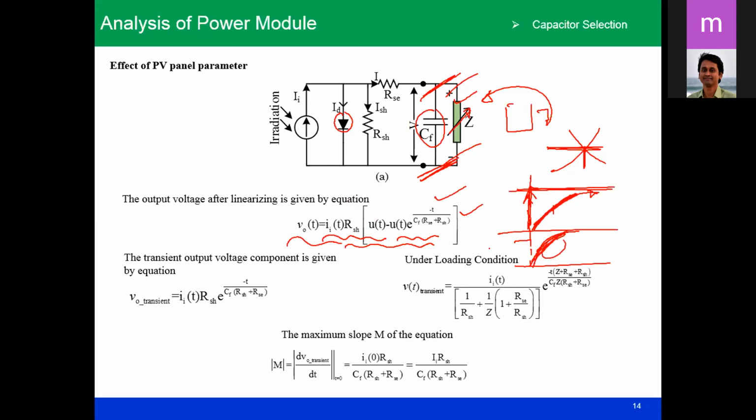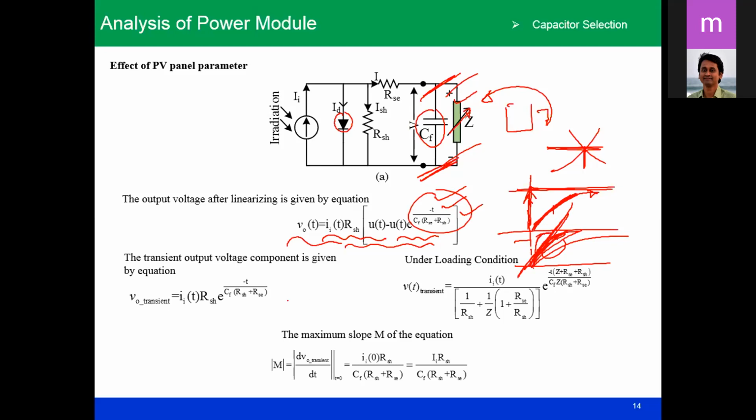So if you consider this transient thing here, then you can understand how far the slope is dependent. If you consider this slope and if you increase the slope, then what will happen? The decaying slope may be here, or maybe you can make it faster. That depends upon proper selection of the time constant.